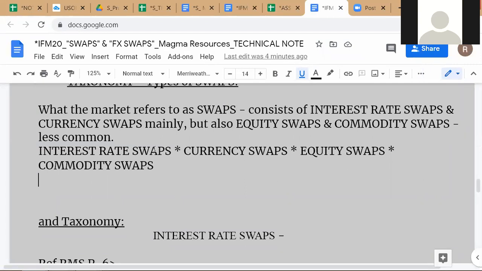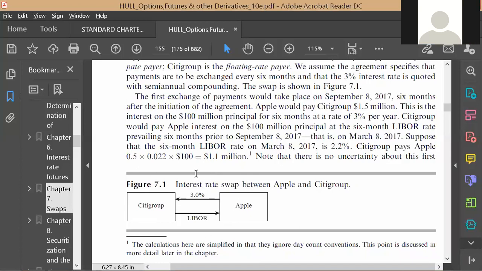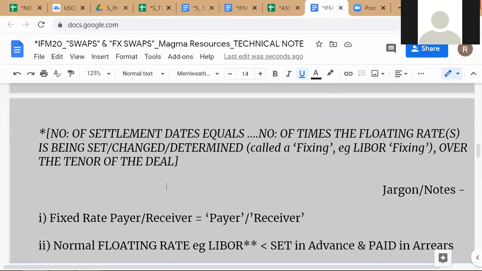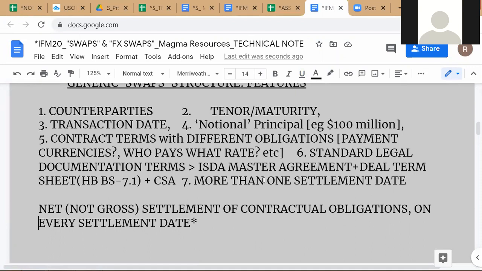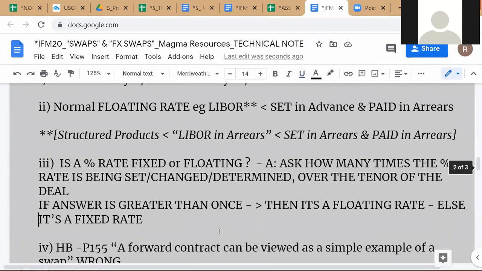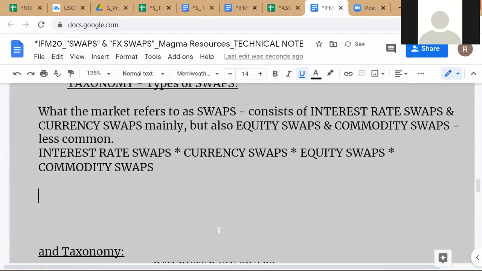How else can we understand? Let's have some further basic principles. Now, as you have seen, in the generic structure, there is an exchange that is happening on every settlement date. Now let's further try to evolve a general principle. Let's take this one, okay? All right. Now, the general structure applies to all four asset classes. Then further,